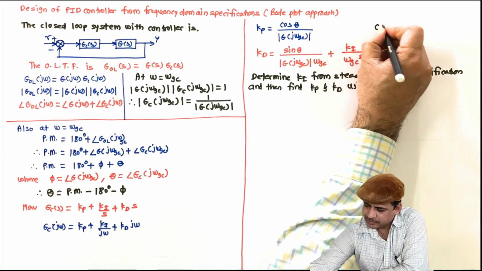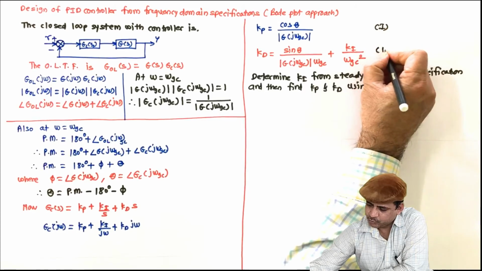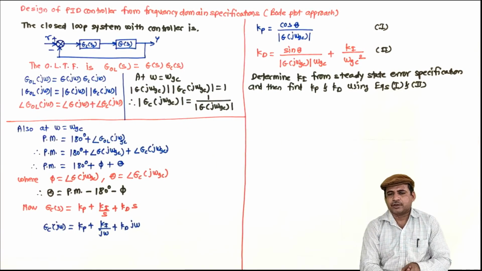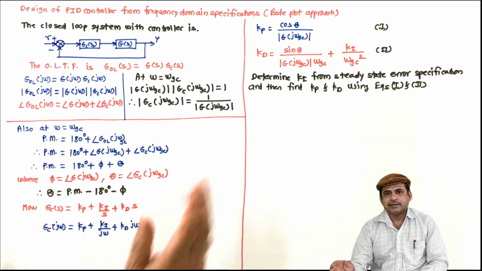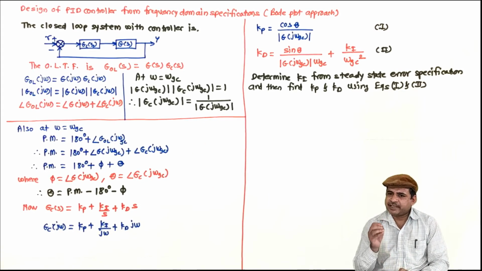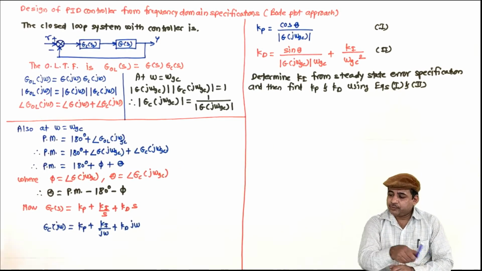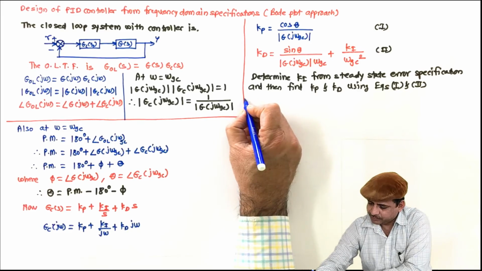I will mark this as 1 and this as 2. So this is the complete design of the PID controller. If omega gc is given as well as the phase margin at that omega gc is given, the design is possible. Now if you have to design a PI controller...